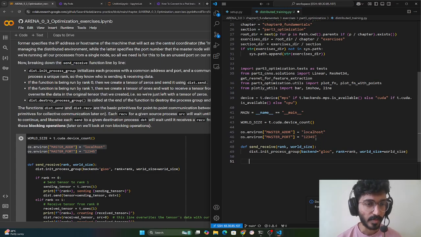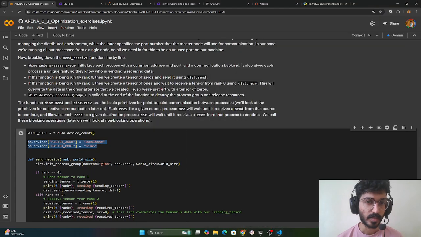Then we create a tensor of zeros and send it using this dot send, and if it's run by rank 1,